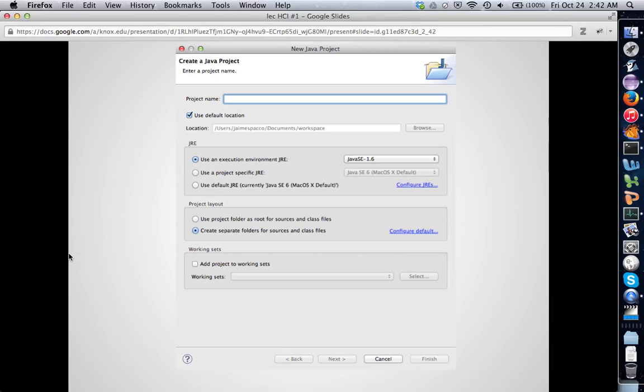So if you want to create a new Java project, you put the name of the project up here, with choices about locations. It gives you a reasonable set of defaults. If you want to change the Java JRE, you can. If you want to change stuff about the layout, you can. If you want to change your project working set, I actually have no idea what that is, but if you wanted to, you can. Now, once you've done this stuff, you can click Next to go to another stage of